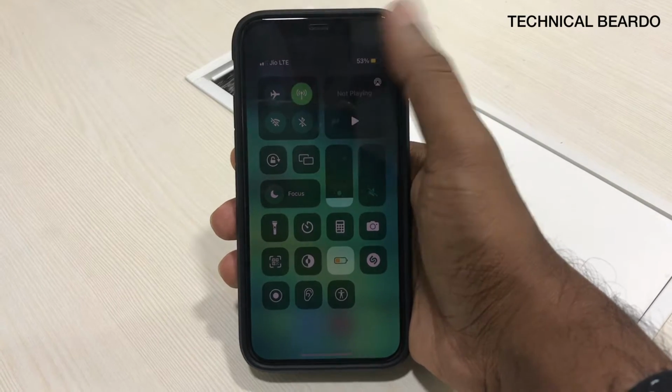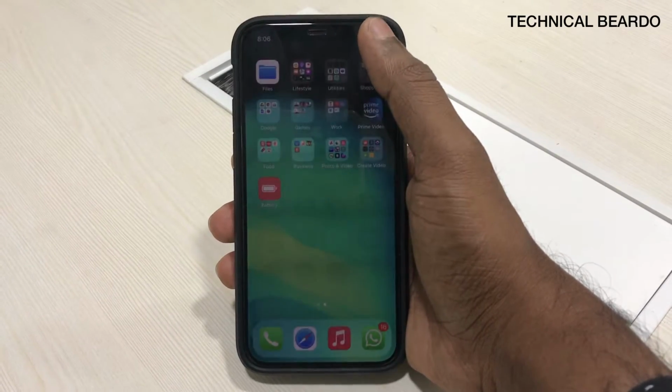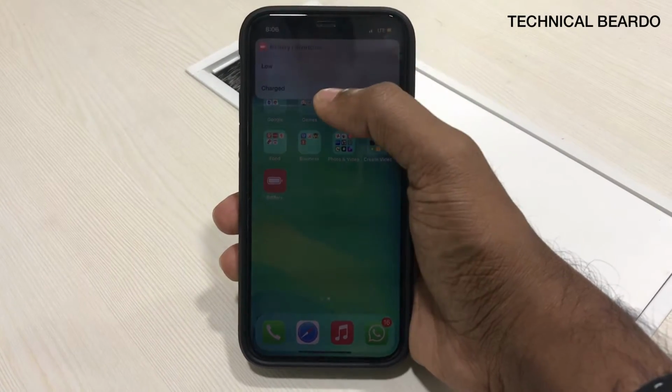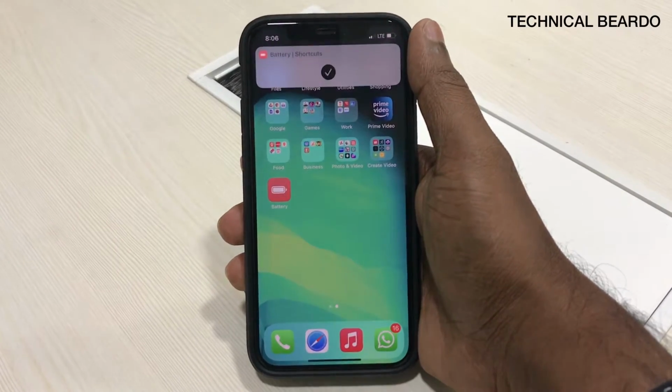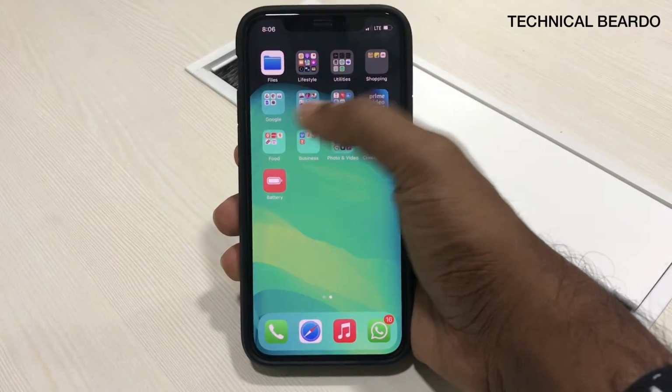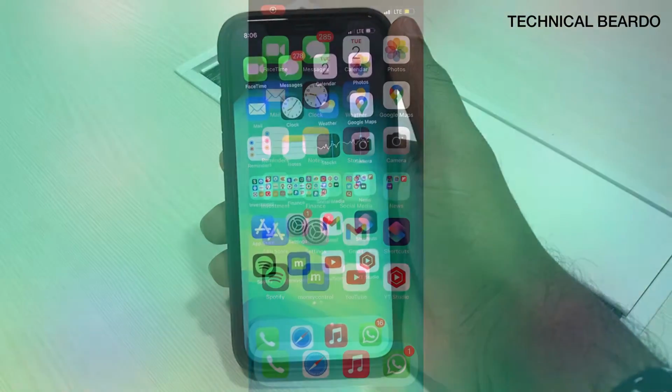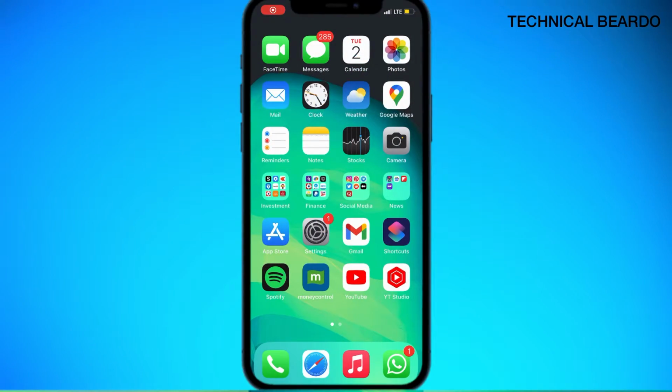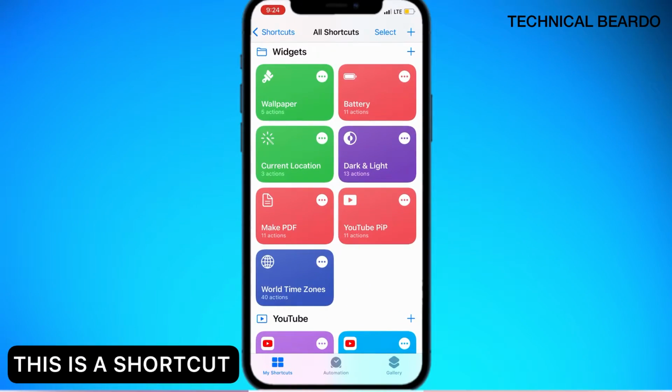And whenever you charge your battery, just choose the option called charged and it will turn on your brightness and other things as per your choice. So similarly, you can add many things. So let me take you to the shortcuts and show how to do it and what are the things you can add and remove in the